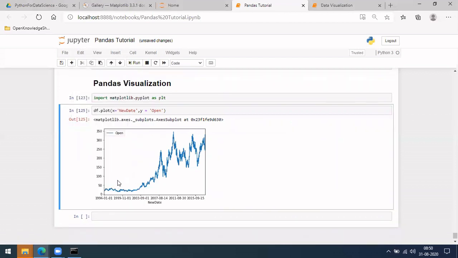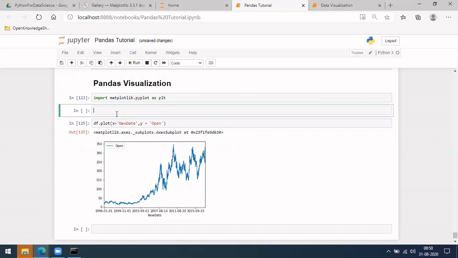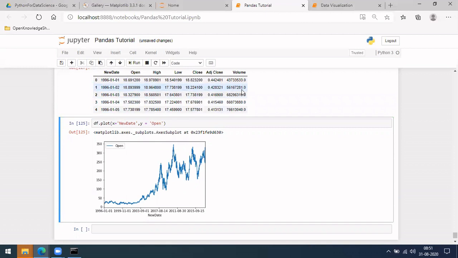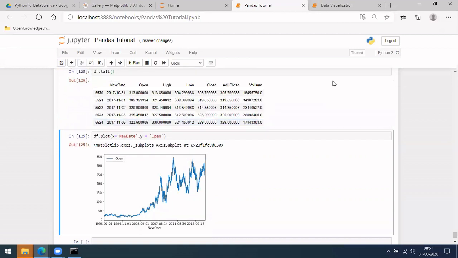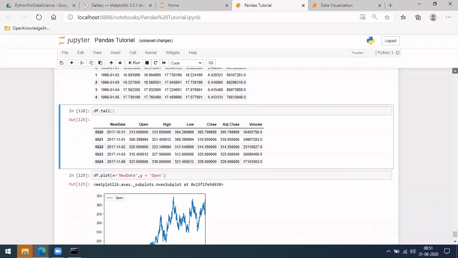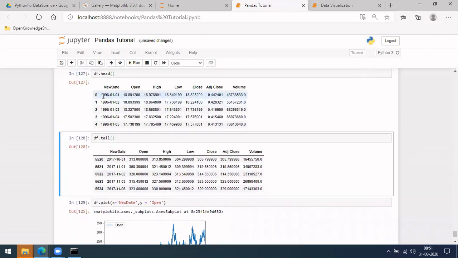So if you see here, what this graph represents is you have like 1990. Okay, let me do df.head and df.tail as well. So we have data from 1996, Jan 1st, to 2017 November.